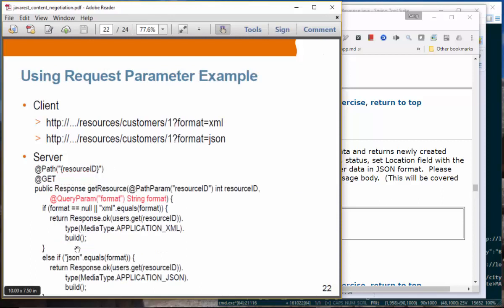And the client might want to use a request parameter as a way of indicating the response data format. So in this case, question mark format equal XML, question mark format equal JSON. So it will return JSON data and it will return XML data. In this case, we need to use a query param with a format request parameter key value, and then this XML or JSON will be captured as a format, and then we are going to return the proper data type. Okay, so yes, just another way of implementing